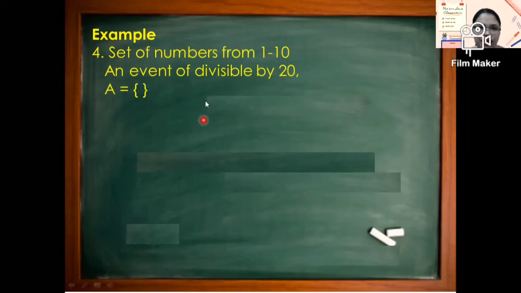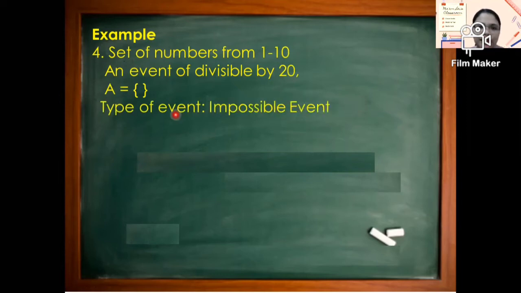Bakit empty set? Kasi kung gagawa tayo ng set of numbers from 1 to 10, wala namang number na divisible by 20 sa numbers 1 to 10. So, therefore, the type of event is impossible event. Okay? Kasi wala naman talagang magiging sagot yung ating